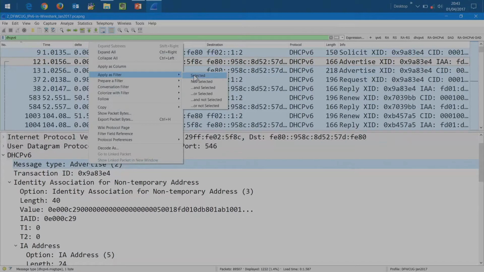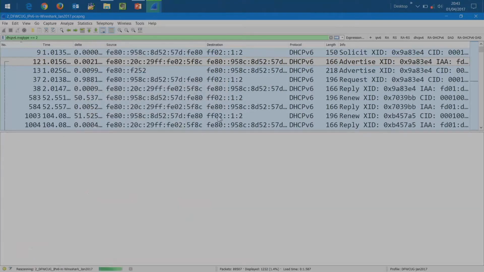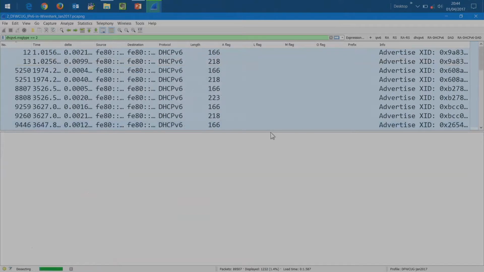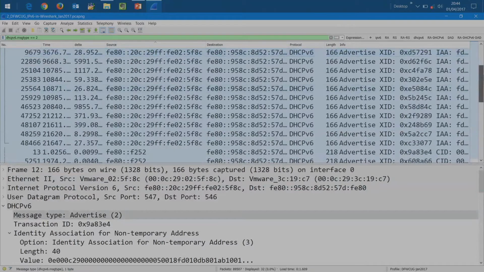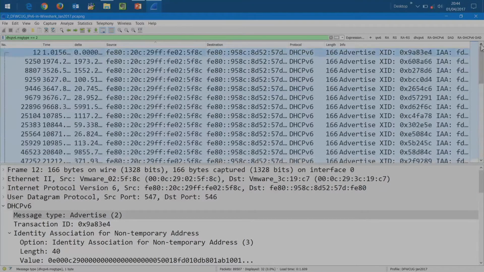All I want to look at are DHCPv6 advertisements. As soon as I apply that, and I start to see these, I'll do a sort on the source addresses, and then I can very quickly find out, okay, I've got two.